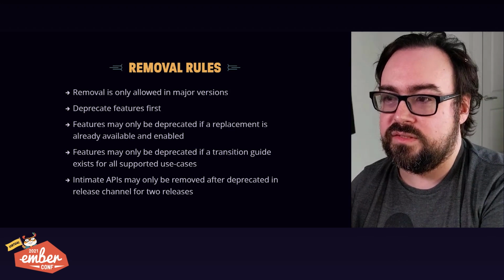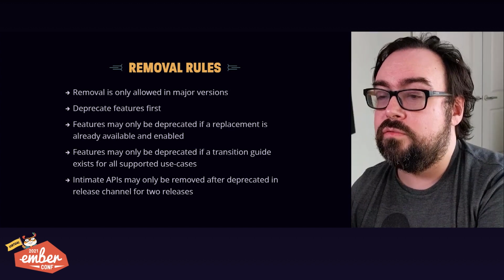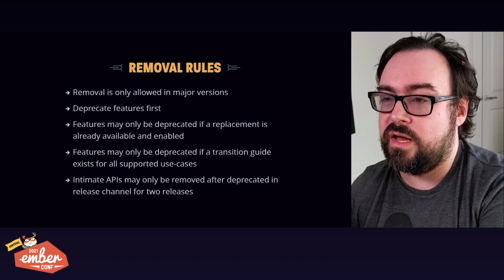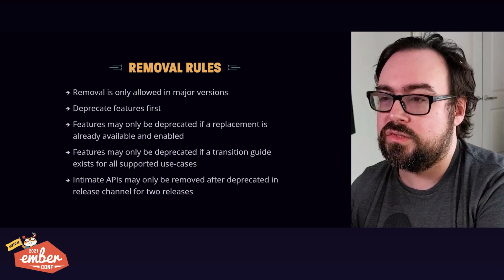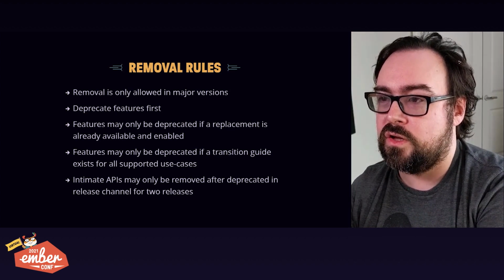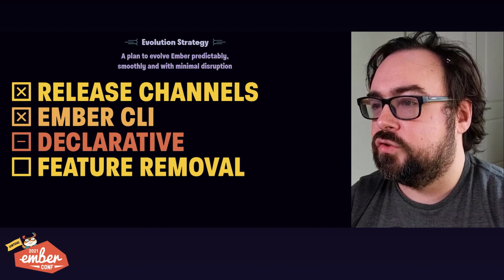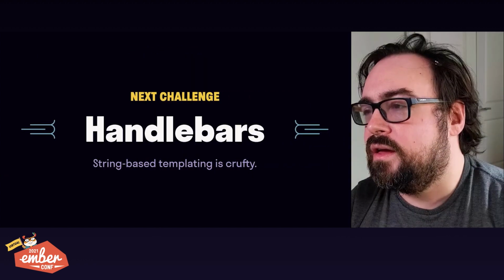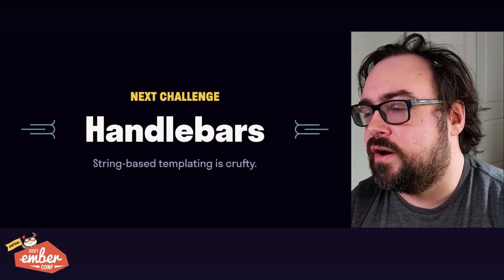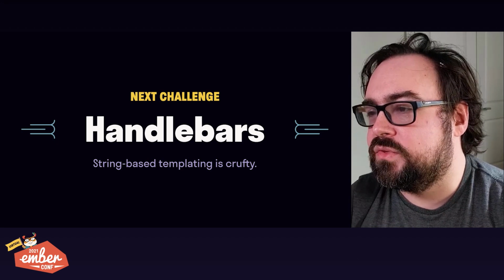That would mean that by the time something's deprecated, it's always possible for people to move on to the next thing. Only the first of these bullets has anything to do with Semver at all. But the point of Semver is to minimize disruption, and so our policy for removing features was focused on minimizing disruption, not just Semver. We lived through our first feature removal and added a new tactic to our evolution strategy: deprecation and Semver.